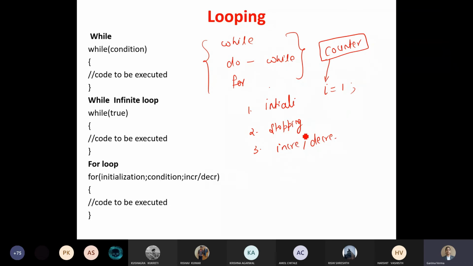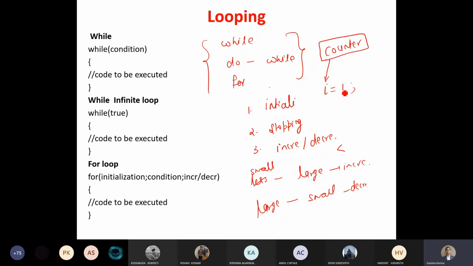Then I have to apply the stopping condition. Now there are 2 ways. If your loop is increment loop, so how will you identify your loop is increment loop? If it is going from less value to large value, small value to large value, then obviously your loop is the increment loop. But if you have initialized a counter with large value and you're going towards the small value, then your loop is a decrement loop, right? So how will you apply the stopping condition? So when you are moving from a small to large, then every time you will check whether your value is still less or not because you are incrementing it.